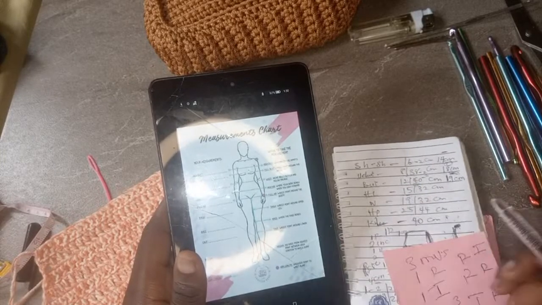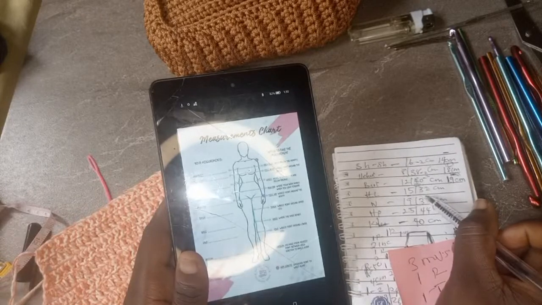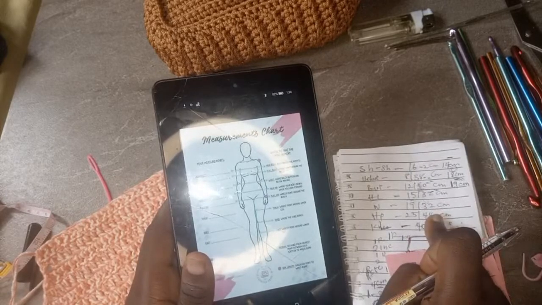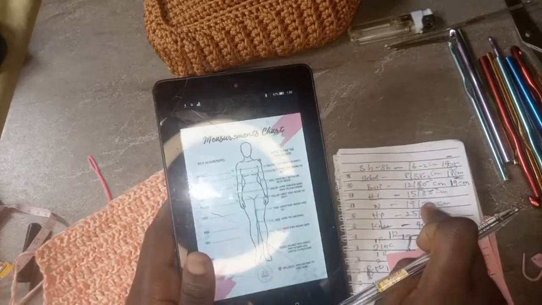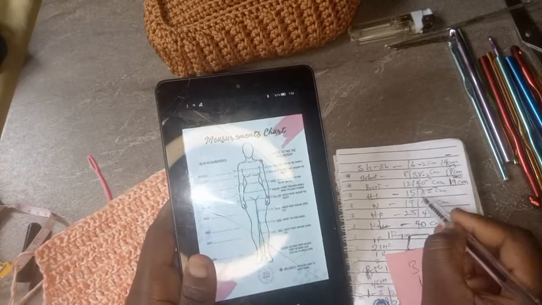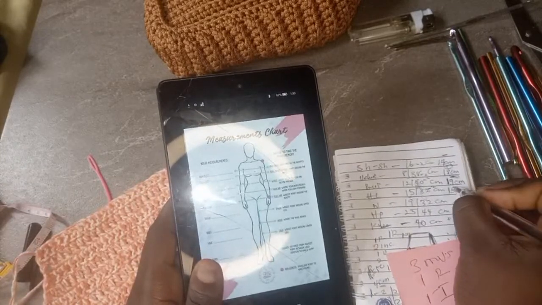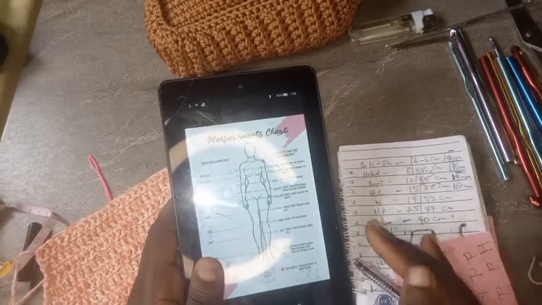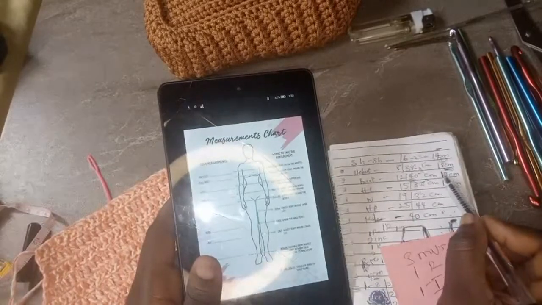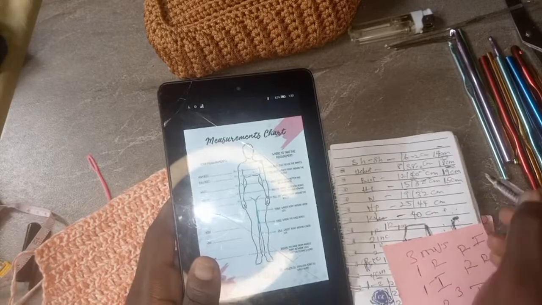Now for the breadth, remember this is circumference. We want to minus 2 for our body con, remember, minus 2, so that we can achieve a body con dress. So now we have 30, then 30 divided by 2 will give you the number of centimeters you have to do for your front panel. The remaining 15 centimeters will be for your back panel. Now the difference between 19 and 15 is just 4 centimeters.